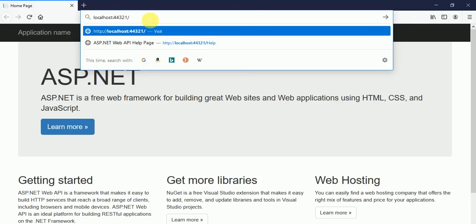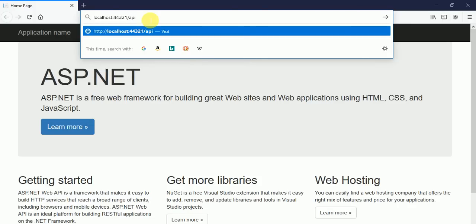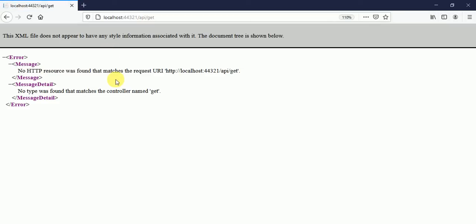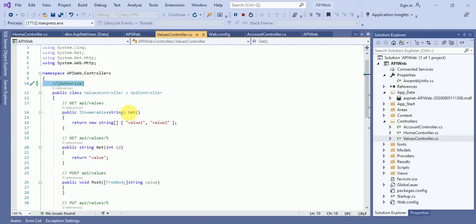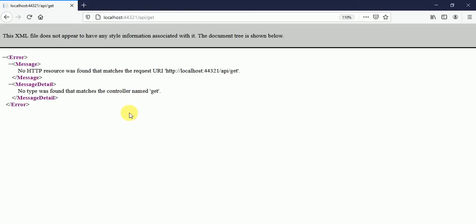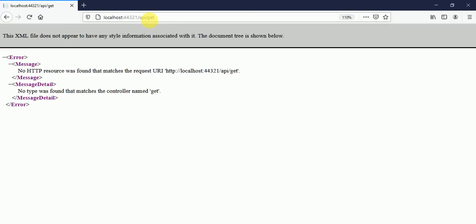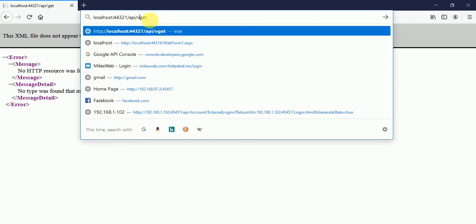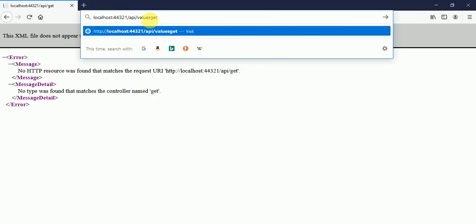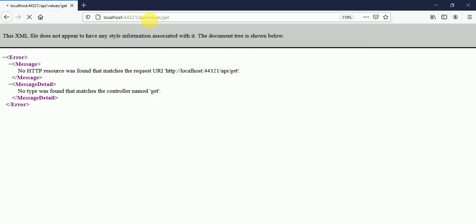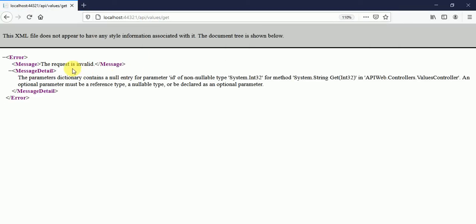Okay, so if I say API and slash get, so here we are doing something wrong. Get slash API slash values slash get. So still we are doing something wrong.